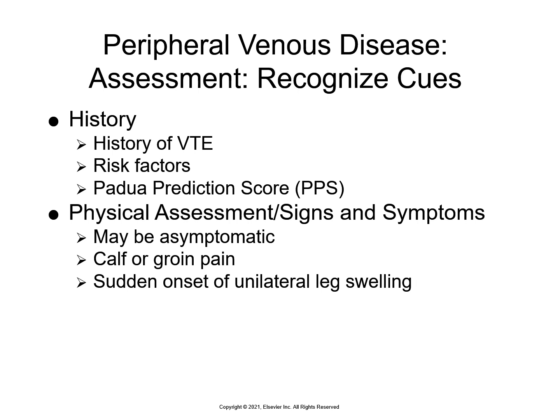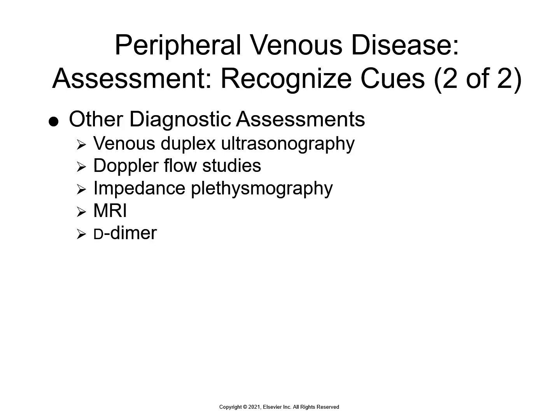And the prediction score is the best available model. Other assessments that we can get cues from are from the studies that they order. They may have ultrasound, special imaging techniques such as the Doppler ultrasound that can evaluate the blood flow. They may do some angiography where they inject dye into the blood vessels to see the flow of the blood. And then they can also do MRI. That's a computerized tomography, so that they can look at the blood flow. And they may also do some blood testing. An elevated D dimer would indicate a hypercoagulable state. So that's an important